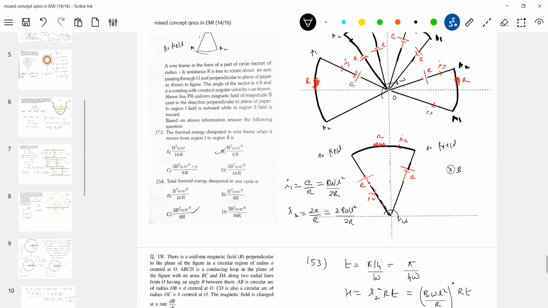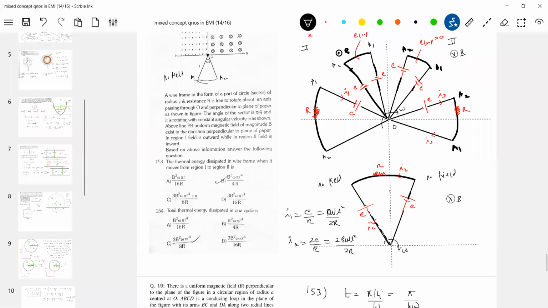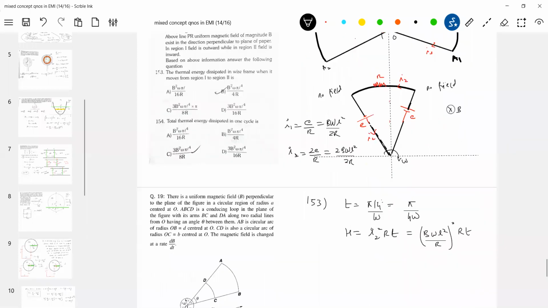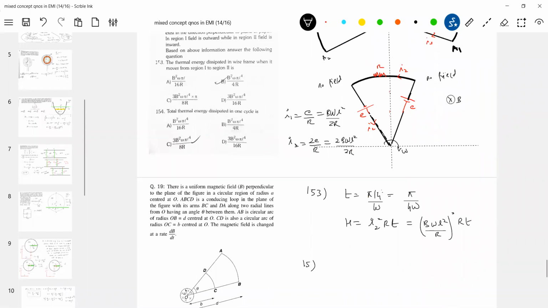What is the angular displacement it will have? Pi by 4 radian when the loop moves from one region to other region. Total thermal energy dissipated in one cycle. So where will all heat be generated? Here, here, and this one. So for total heat generated, what should we do? I should add up, no? This is one when it moves from one region to other region. When it is moving here,